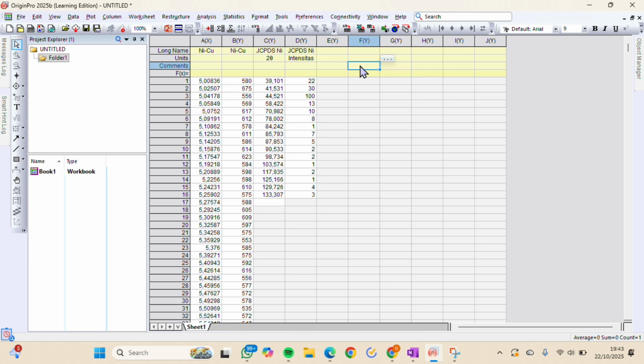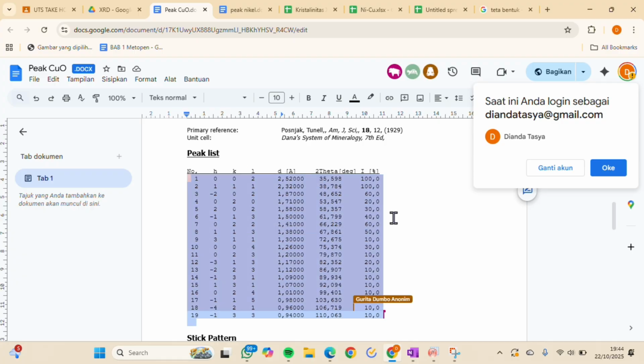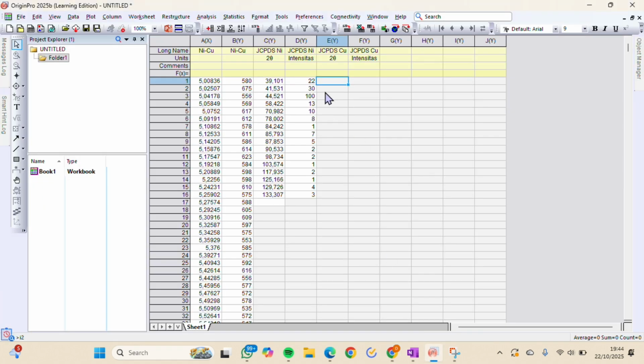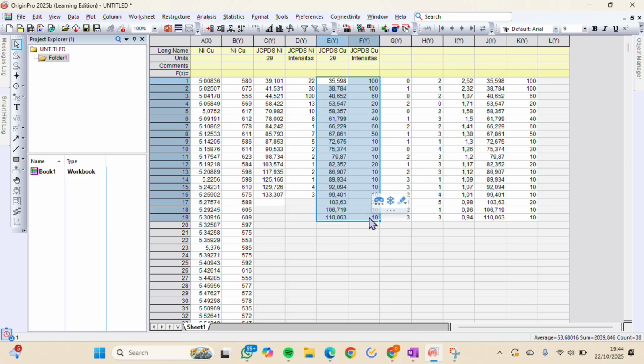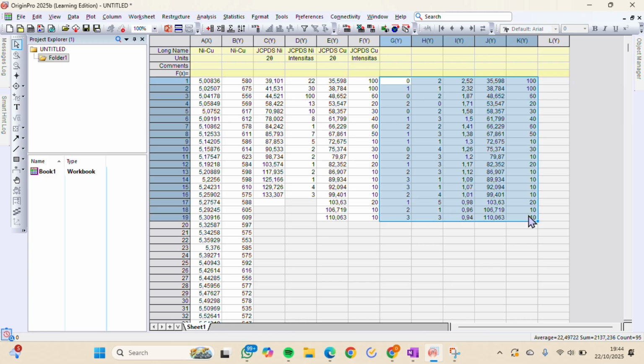And then we also fill the name in the column A is the CCPTSCU because we use NE and CU materials, and then in the V column we also fill the name and we also fill the units with 2 theta and intensitas, and then we go to the peak CU and we copy the peak list, and then we go back in the Origin application and we only copy the two list data, and then we paste in the column A and V, and then we delete the column that we do not use.